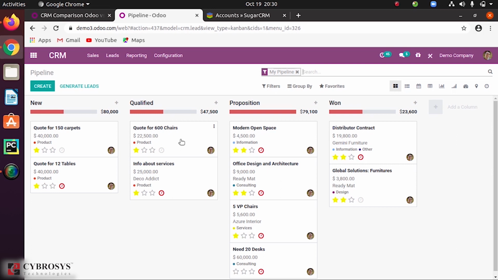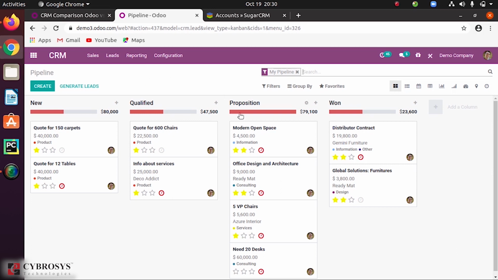A lead can be a person or any organization which has an interest in what you are selling, and leads are used as a qualifying step before creating an opportunity. These are the two main terms that we most commonly hear in the case of CRMs.